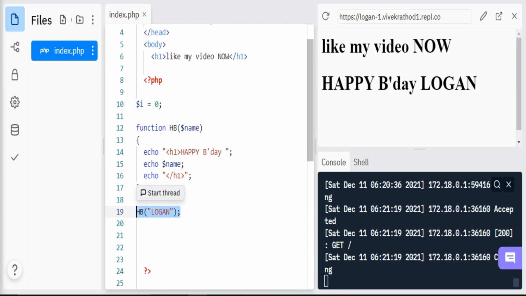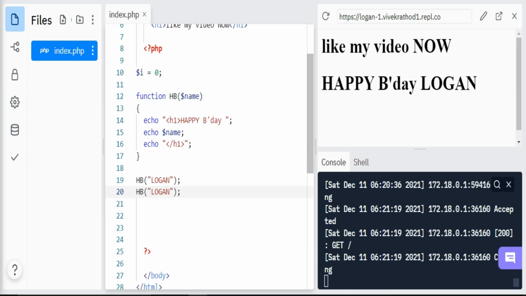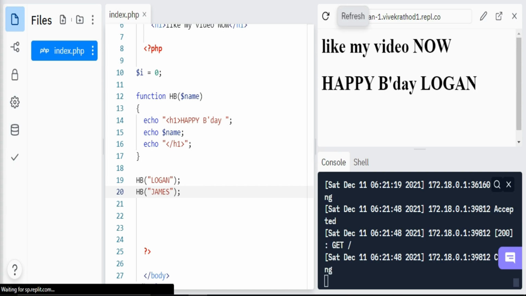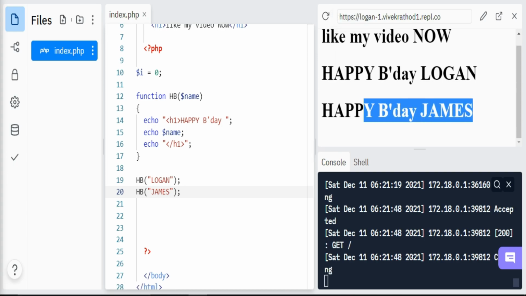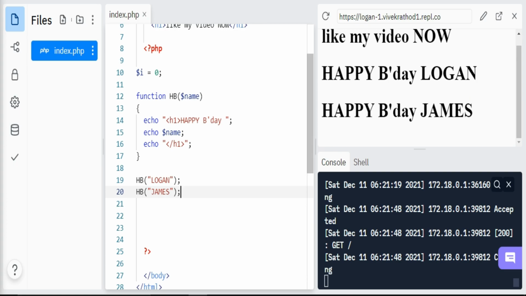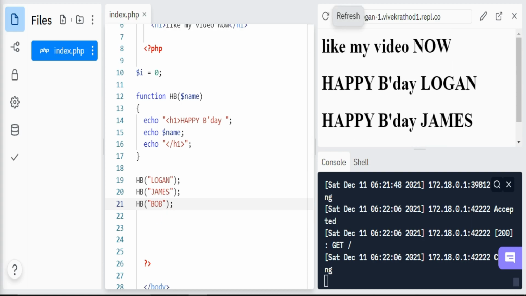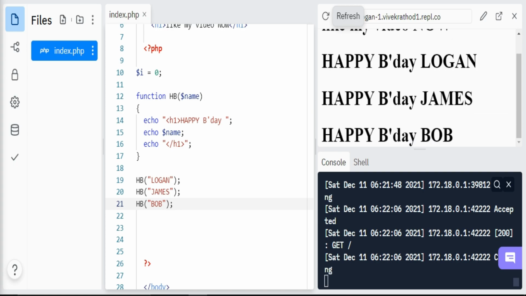Now if I call this function again, and let's say I don't want to add the Logan name, I want to change the name to James. So let's say James. If I reload this, I will get another happy birthday for James. As you can see, just like this. So that is the way to create a function. Let's create another. Let's say this is Bob's Burger birthday. So I'm gonna add the name Bob. If I reload this, as you can see, we got Bob too. So we got birthday of Logan, James, and Bob, and so on. So you can call this function as many times as you want,